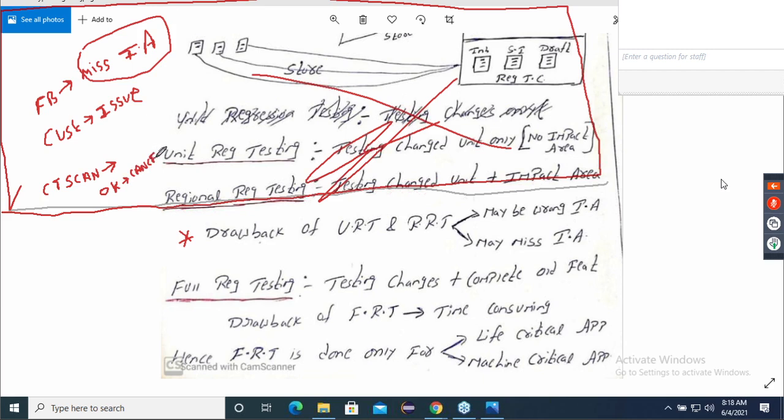Now tell me, what will that patient do? He also doesn't know. Instead of showing okay, since you didn't do regression testing properly, it was showing cancer. Sometimes because of this problem, he may die. Obviously, he will die. Yes or no? He will believe it because the report is given by the software itself for the CT scan. He may commit suicide also. Possible, not possible? Correct, he may die of a heart attack. That means it has taken the life of a person.